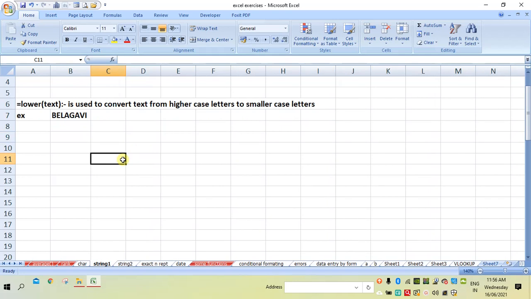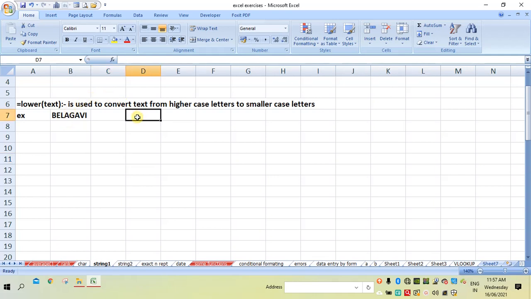The next function is the lower function, which is the reverse of the upper function. It converts the uppercase letters or text into lowercase letters. So syntax is lower in bracket text, or you can specify the cell address. So let us see how to convert this BELAGAVI, which is in uppercase, into lowercase.